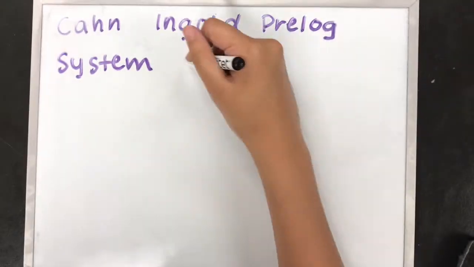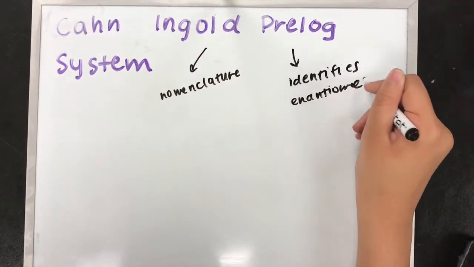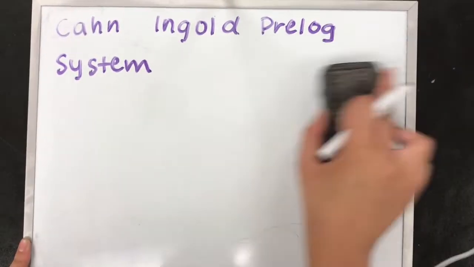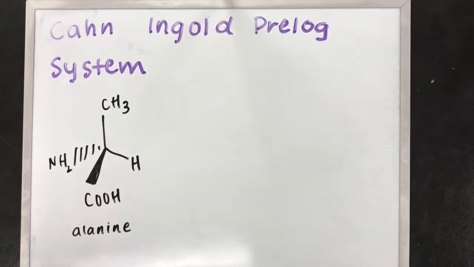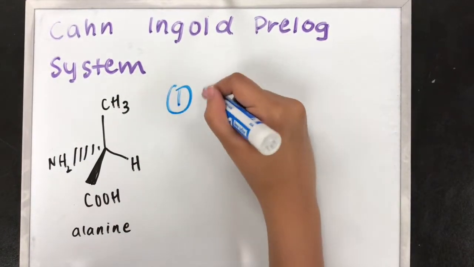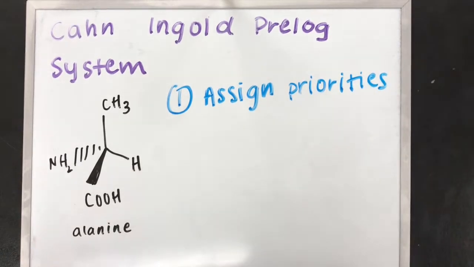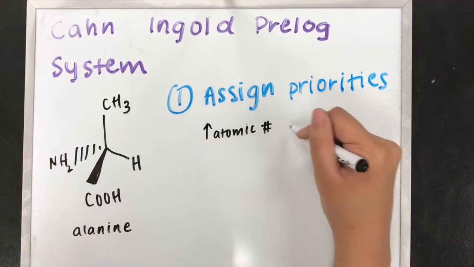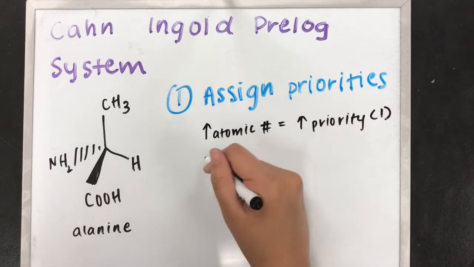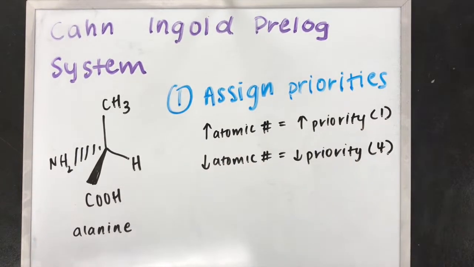Next up is the Cahn-Ingold-Prelog system. This is a system for nomenclature to identify each enantiomer individually. There are 3 main steps that you have to do. Firstly, you have to assign priorities to each of the 4 groups attached to the chiral center. The highest atomic number will be priority 1, the highest priority, and the lowest atomic number will be priority 4,